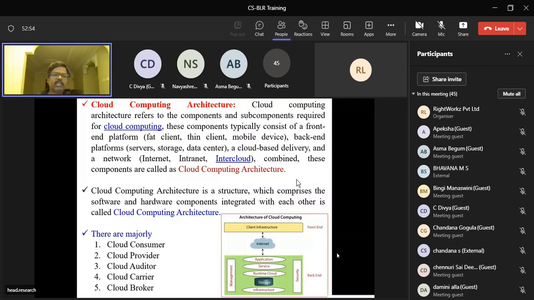Then what are the important major components? There are 5 components in cloud computing architecture: cloud consumer, cloud provider, cloud auditor, cloud carrier, cloud broker. In this diagram of cloud computing architecture, client infrastructure is nothing but the front end, and through